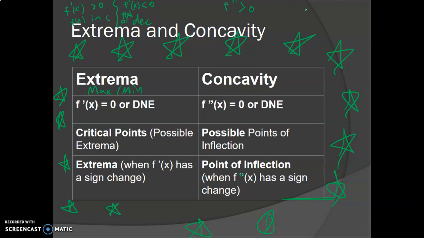The second derivative being positive or negative tells you if the original function is concave up or concave down,